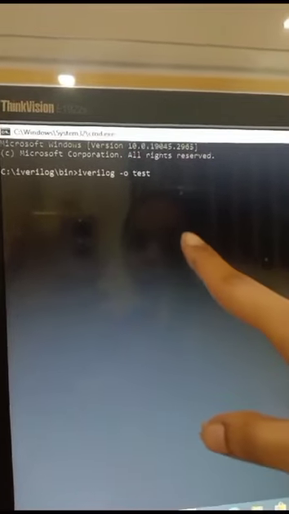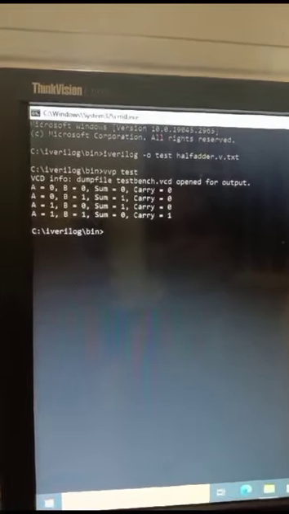For this we have to use the instruction iverilog with an object name, and here we give it as test and the file name. Here we find no errors, so the next step is to proceed. To see the output, we have to use the instruction vvp and the object name. This is the output for the half adder.